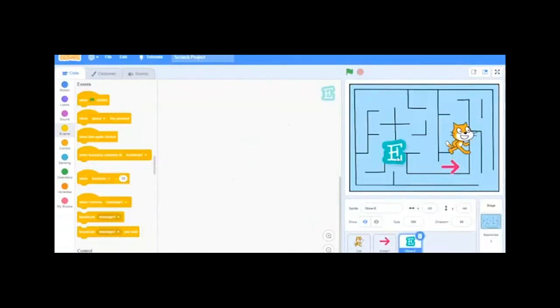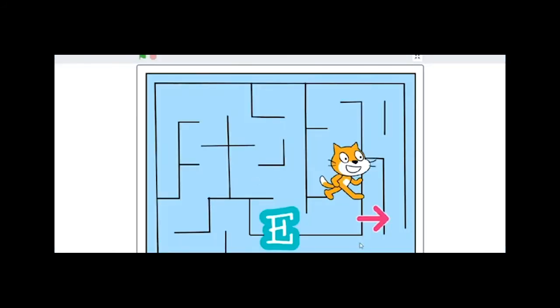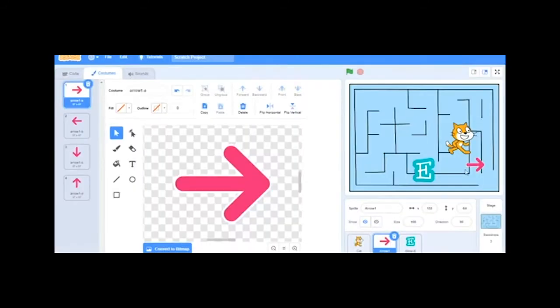Yes, to symbolize the end of the puzzle. So we need to put all these sprites in the right position so that we can work on our sprite. We can start with the arrow. So we go to the costumes and we get an arrow. We want the arrow to start from this position. So we have to put the arrow here and tell it this is the beginning point, or the starting of